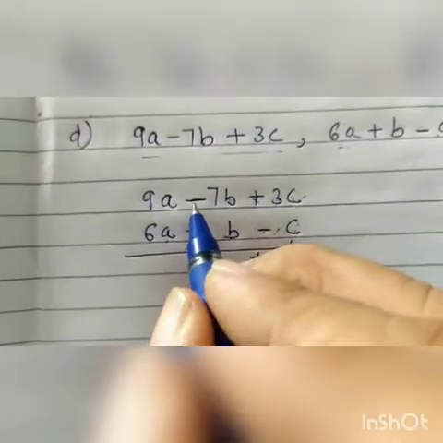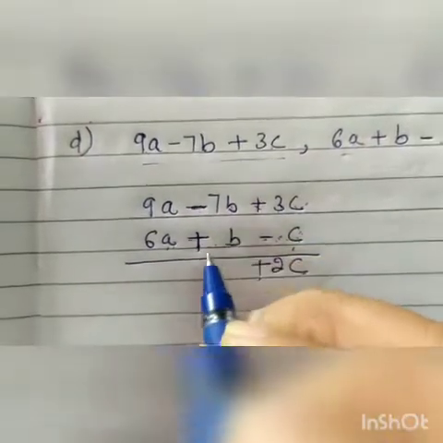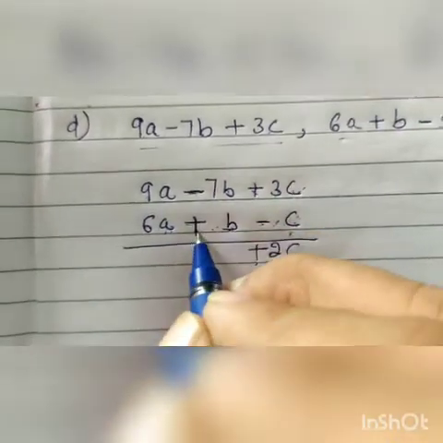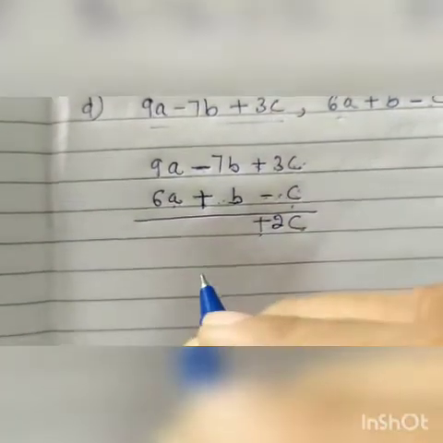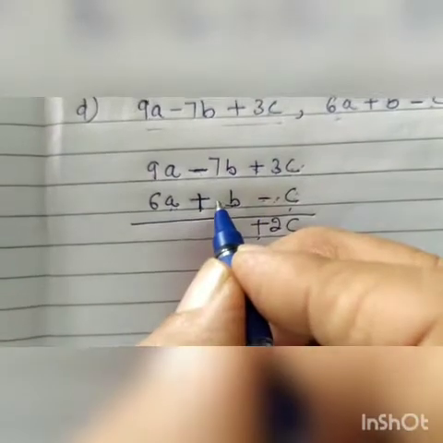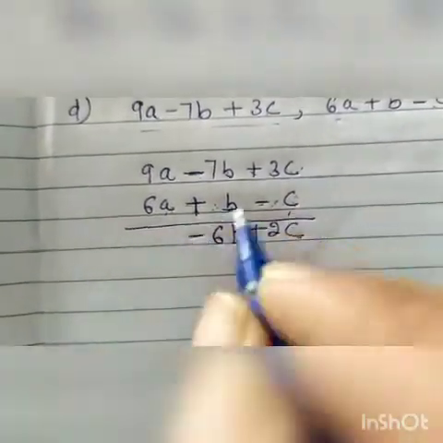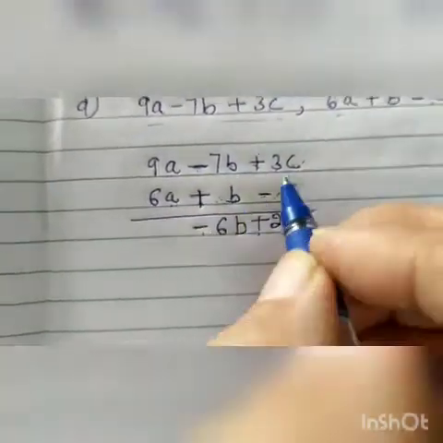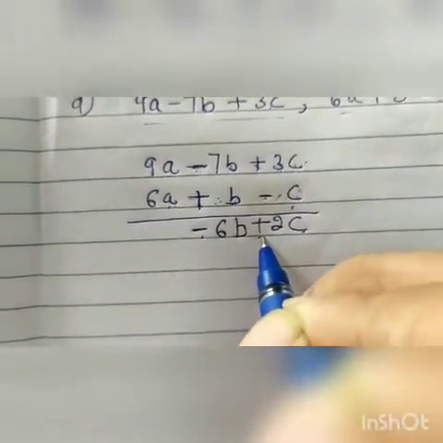Now come to the second term, minus 7b plus, again it is 1b. Minus 7b plus 1b. Both the terms are with different signs, minus and plus. Students, you know, if two terms are with different signs, we always subtract the smaller one from the larger one. So we will subtract this 1 from this 7. We get 6b with minus sign. Here before the larger number the sign is minus, so we will put minus. Here before the larger number the sign is plus, so we will put plus here.